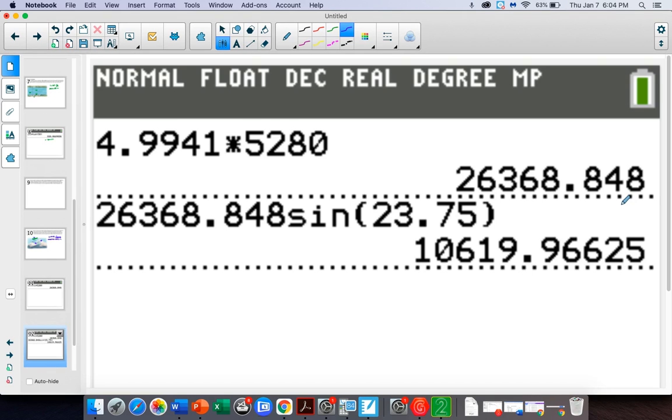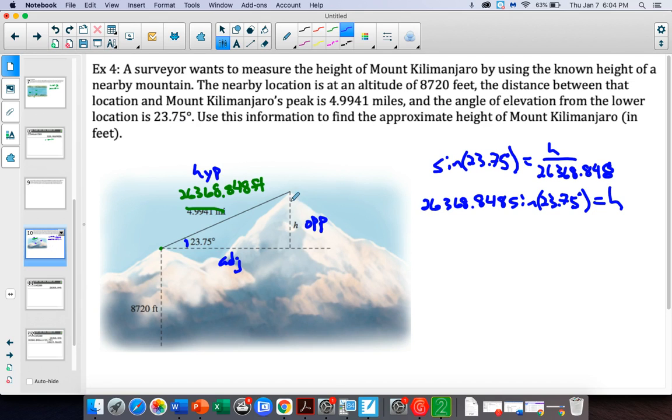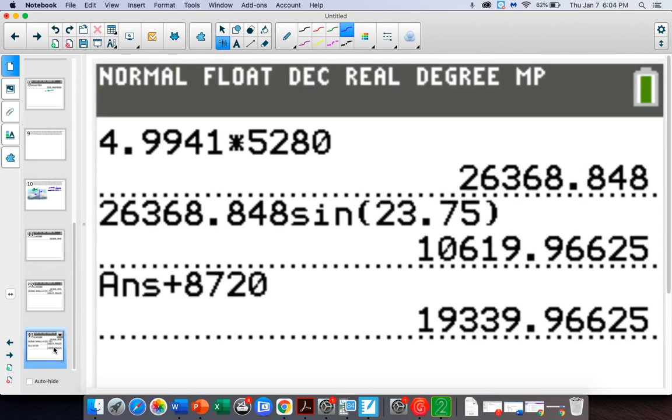All right. So we get a height of that right triangle of 10,619.96625. Okay. So what that gets us is this piece right here. The entire height of the mountain is going to be that plus this 8,720. Right? To get the entire height of the mountain, I need to add those two pieces of information together. So if we do that, we get our final answer here of